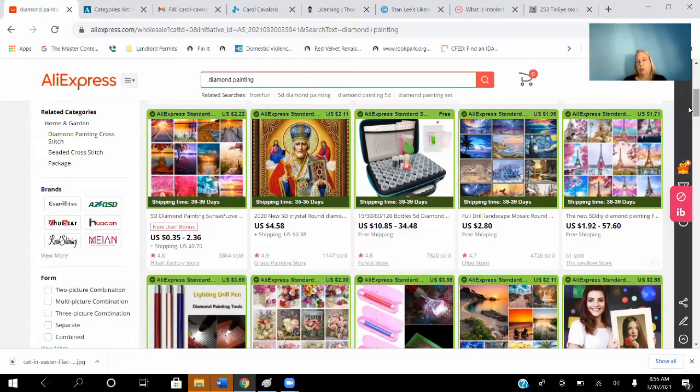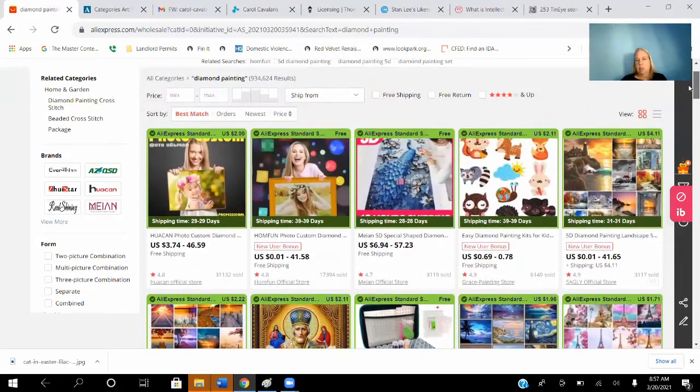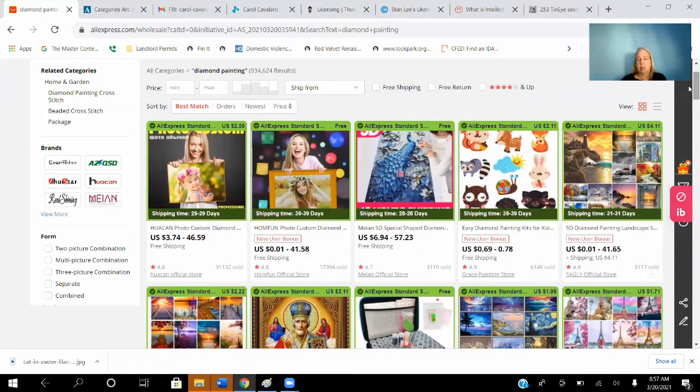Imagine this as a virtual flea market, if you will, where you walk into a building and everyone has a table, and each table is a business and they sell their own things. So on AliExpress, these are all different stores, and they're resellers or they might be the factory themselves. Some of these companies may have rights to the artists. Some may have artists in-house that create these paintings, and some of them buy images from another company that sells them,